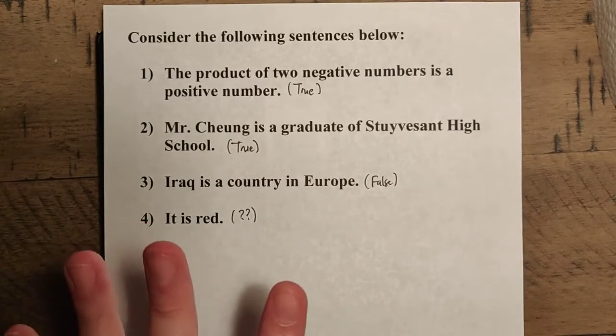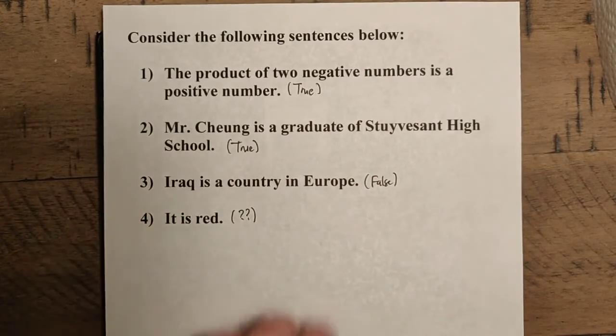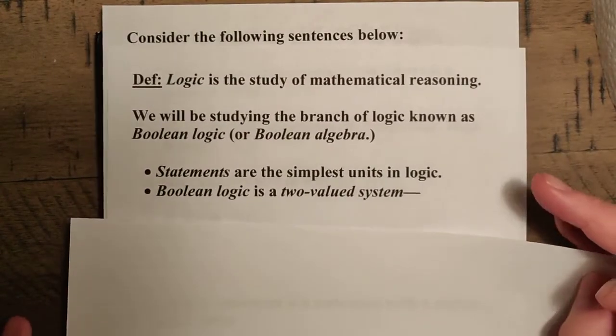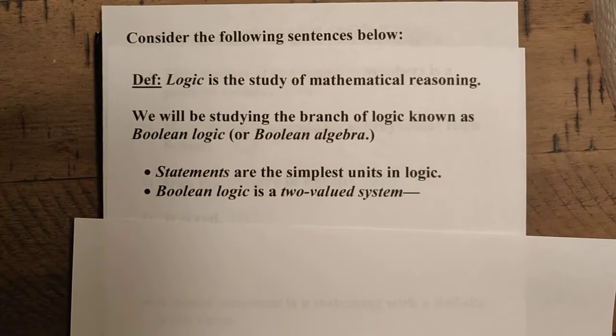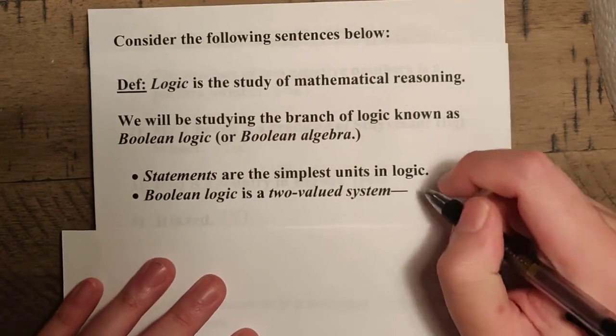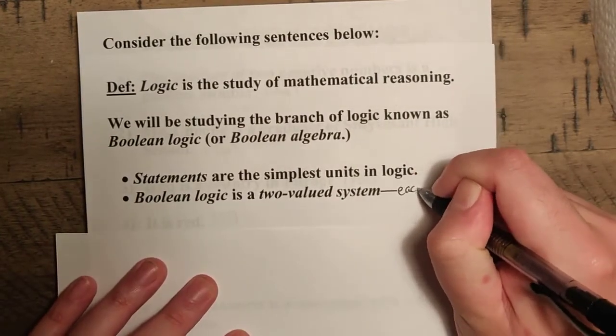This fourth statement's a little bit strange, and I'll talk about that again a little bit later on. But these first three statements all either resolve to true or false here. And that is the key of Boolean logic. And again, it seems very obvious here, but it happens to be a very important thing for us later on. So Boolean logic is known as a two-value system in that each statement